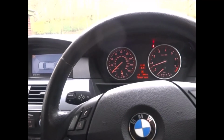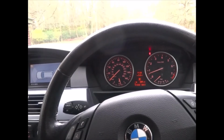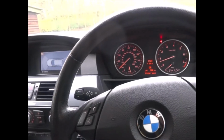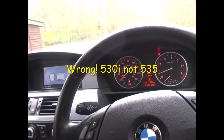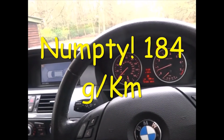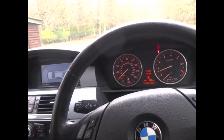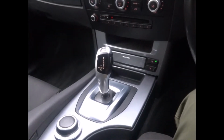It's a 525 SE Touring, but it's actually fitted with the N53 normally aspirated 3-litre engine. Same engine as fitted to the 535s, but without the turbo. This engine comes in, and I had to check on the logbook, I think it's 248 or 184, whatever, 255 pounds a year road tax. It's in a lower tax band than the pre-LCI 525s, which were typically a 2.5. This has the 6-speed ZF gearbox with Steptronic function,